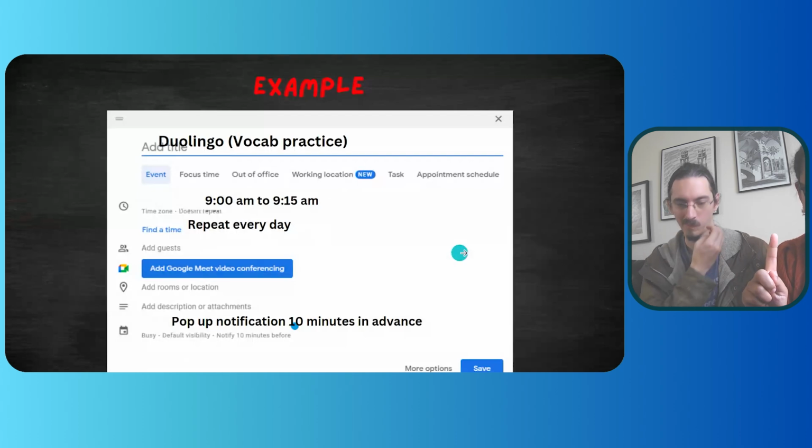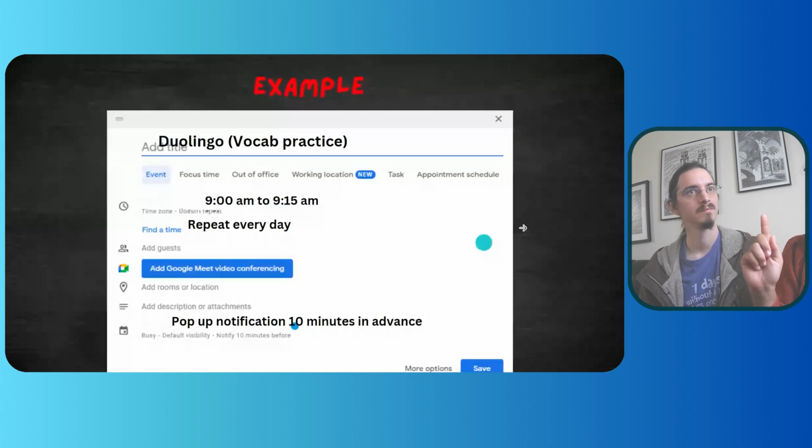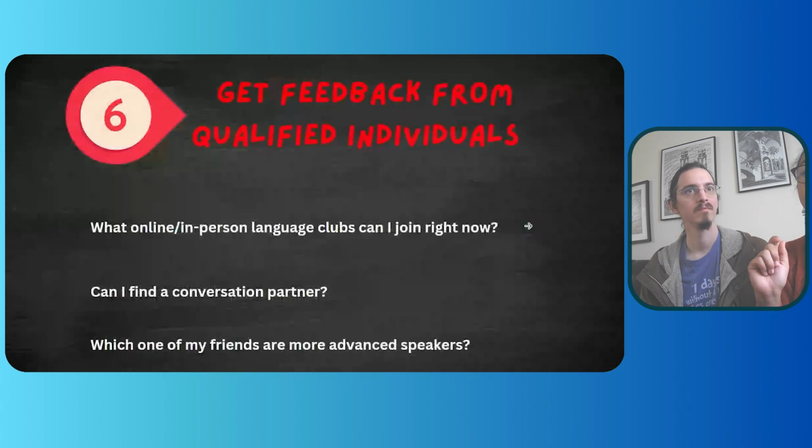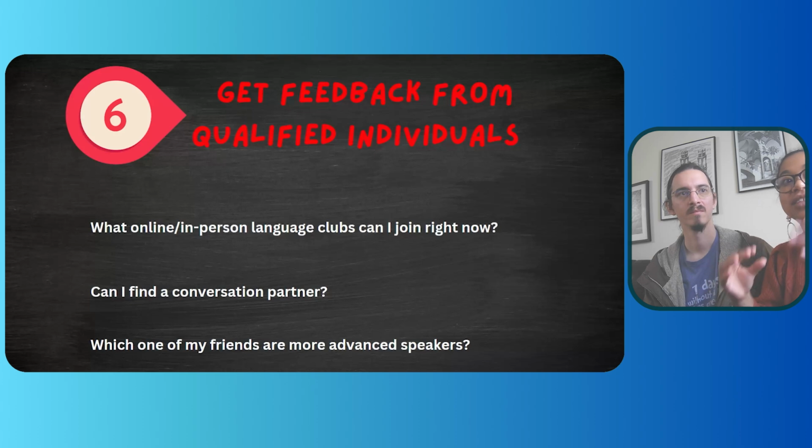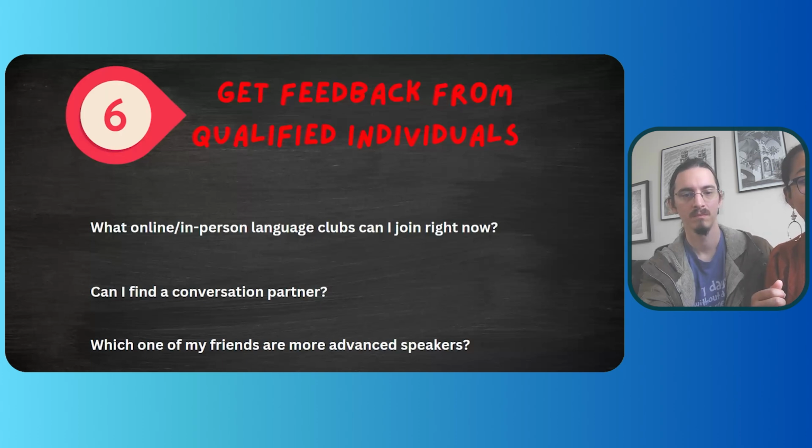And number 6 is you need to get feedback from qualified individuals. Doesn't mean that they have to have a degree. Yes, definitely. Qualified means they speak the language that you want to learn better than you, and they're actually speaking the exact dialects. This would be almost like a mentor, right? Yes. So you can ask yourself what kind of